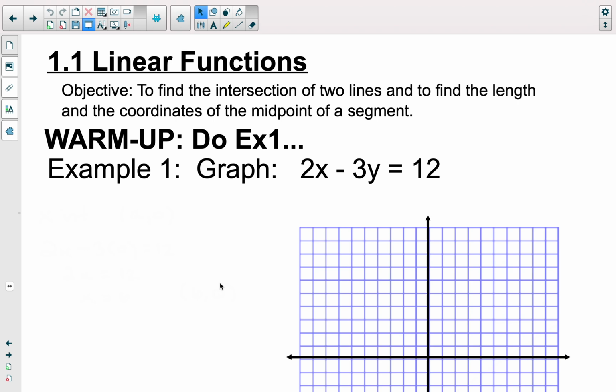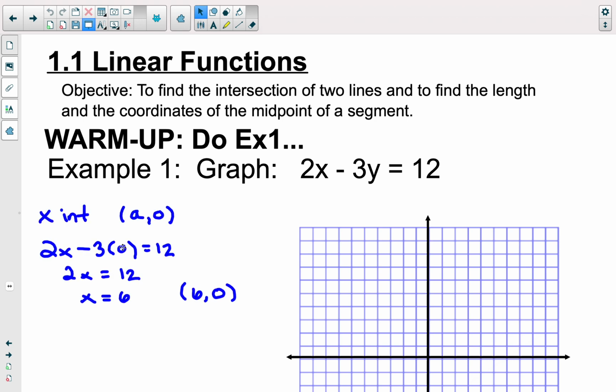So if you remember, when you're looking at the x-intercept, that's the x-axis here. The y-coordinate is always 0. So what we'll do is plug 0 into the y variable here and solve for x. And for the y-intercept, the x-coordinate is always 0, so we'll do the same thing. We'll plug 0 into x and solve for y. No need to use this method unless it specifically says graph using the intercepts, but here what we're going to